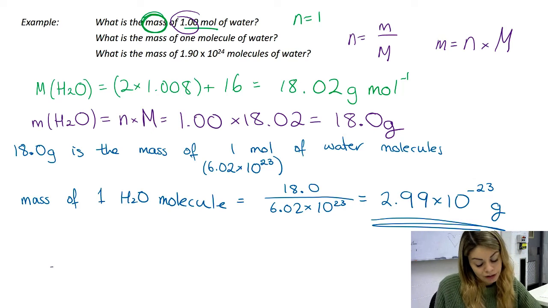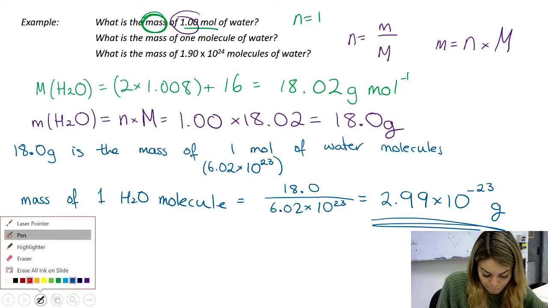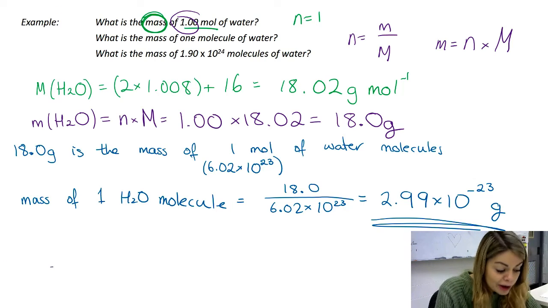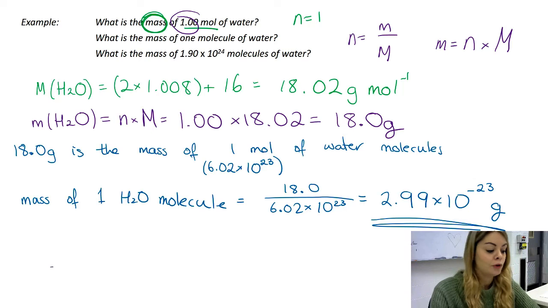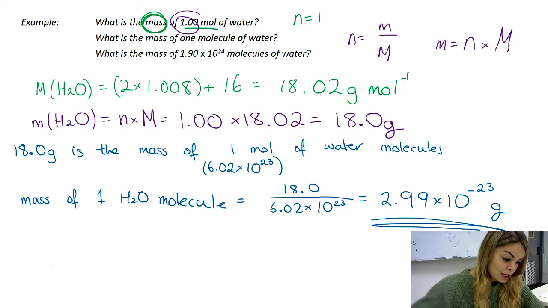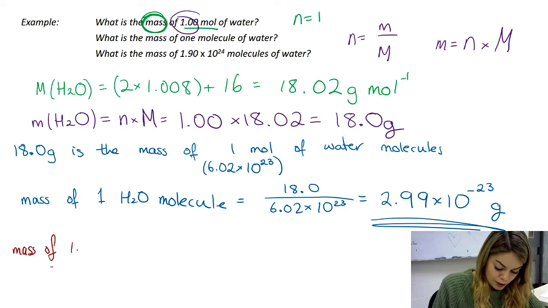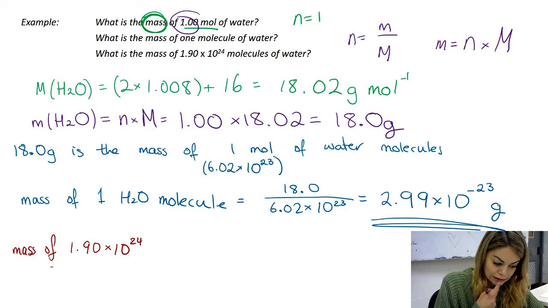This should be hopefully fairly straightforward. I know how much one of them weighs, so I can know how much 5 of them or 10 of them or 1.9 times 10 to the 24 of them weigh, just by timesing by how many of them there are, right? So, mass of 1.90 times 10 to the 24